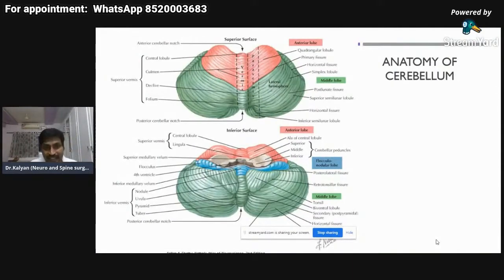By the end of this presentation, you'll be very easily able to tell what the cerebellum is, what the parts of the cerebellum are, and what the functions of each specific part of the cerebellum are. The cerebellum is a very complicated structure. If you go into depth, there are many things to learn, but practical aspects of learning may not be there. So I will not go into depths of cerebellar anatomy which are not important for you. I will teach only that part which is important for you.